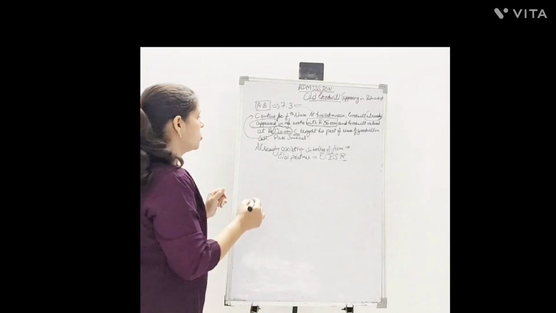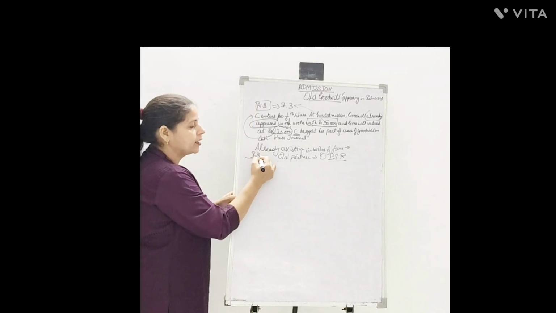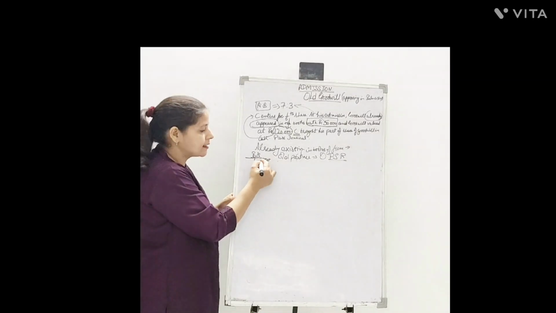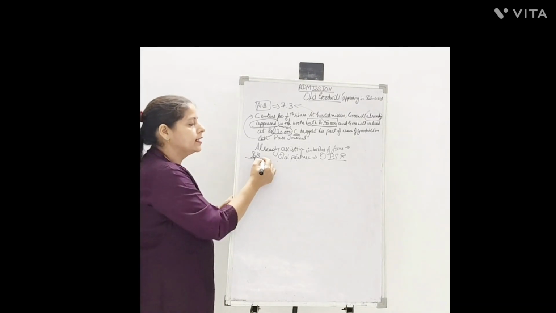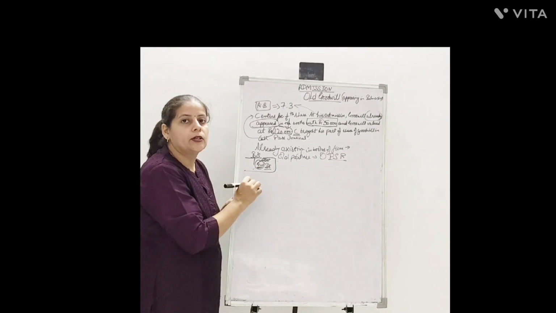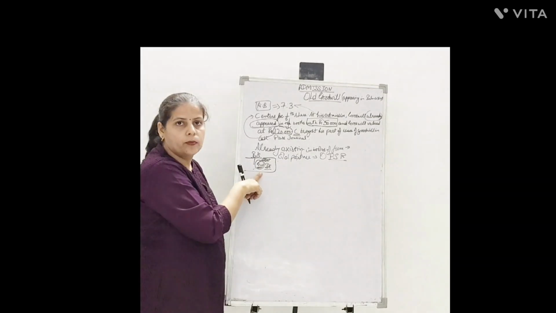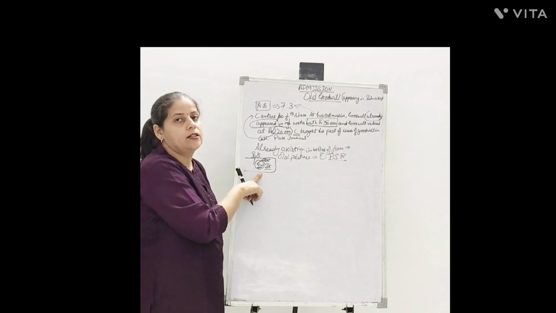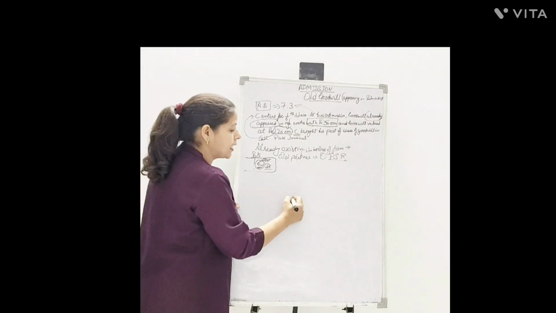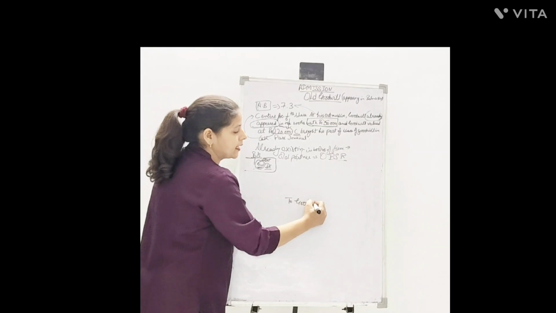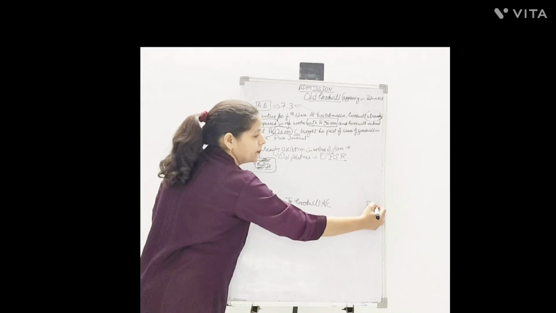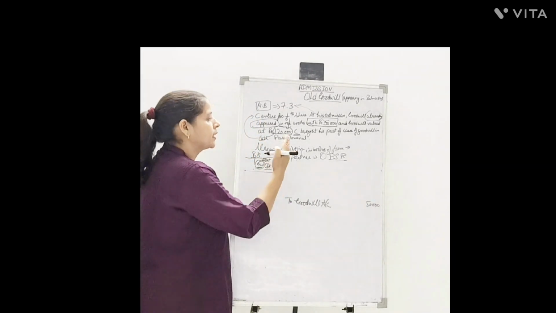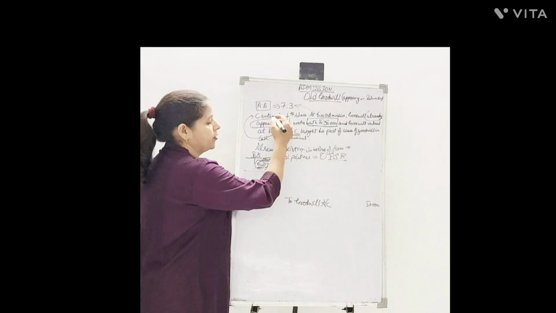Now, we are confused whether goodwill is to be debited or credited. You know very well that in the balance sheet, goodwill always appears on the asset side. This is the asset of the firm which carries a debit balance. It is already there. Now it needs to be wiped off from the books of account, it needs to be written off. So this should be credited now. So goodwill account is to be credited with how much? That is rupees 50,000. Among whom? That is old partners, old profit sharing ratio.